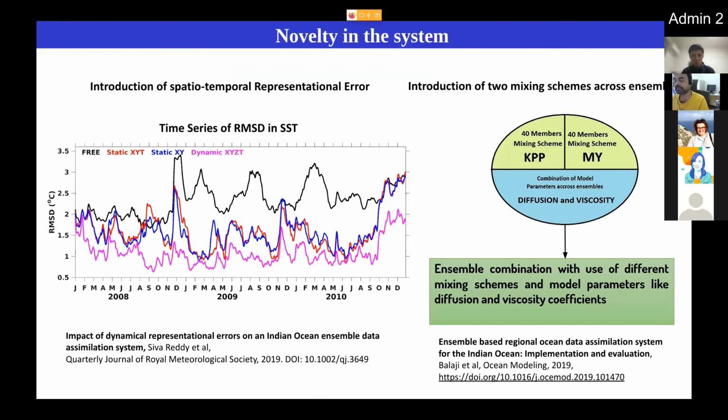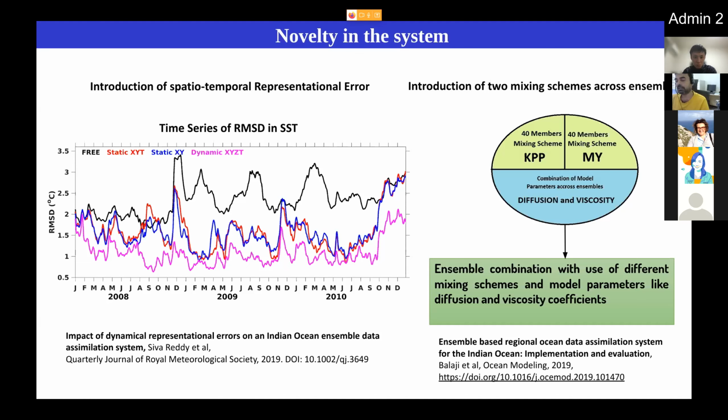Now, there are two novelties in the system which you will probably not find in other data assimilation systems, to the best of my knowledge. One novelty is that when we prescribe the representation error, or the observation error covariance, to the system, most operational agencies, as far as I know, either provide a stationary